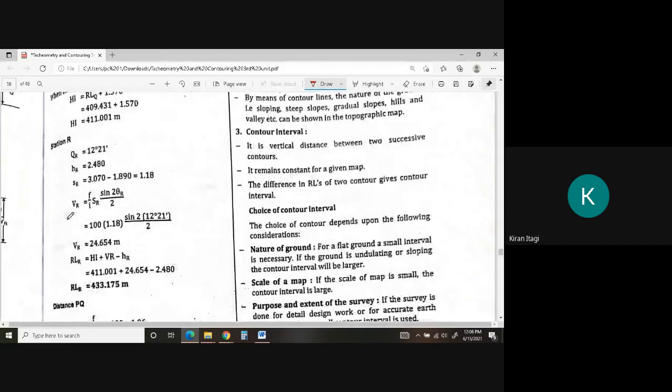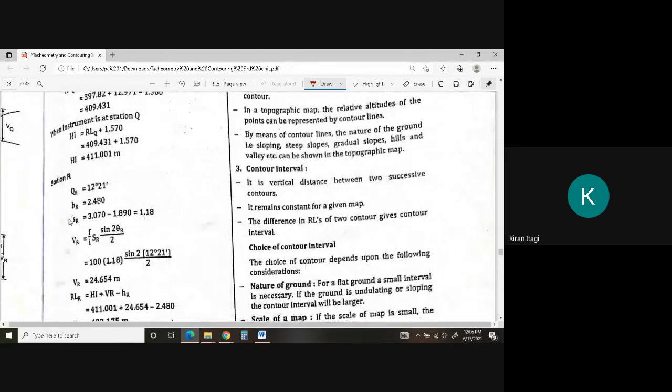So this was about the first chapter. The first chapter is very simple. Just remember the different notations. What do you mean by F? What do you mean by S, I, X, C? Remember all those things. Then remember the formulas. Sorry, first remember the errors. Then remember the methods.